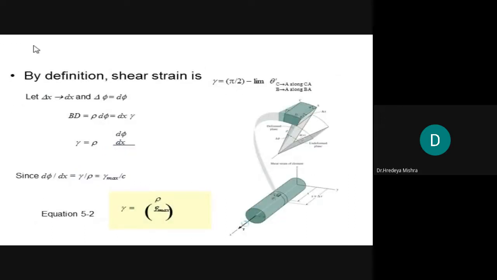Now, what is the definition of this shear strain? See here,